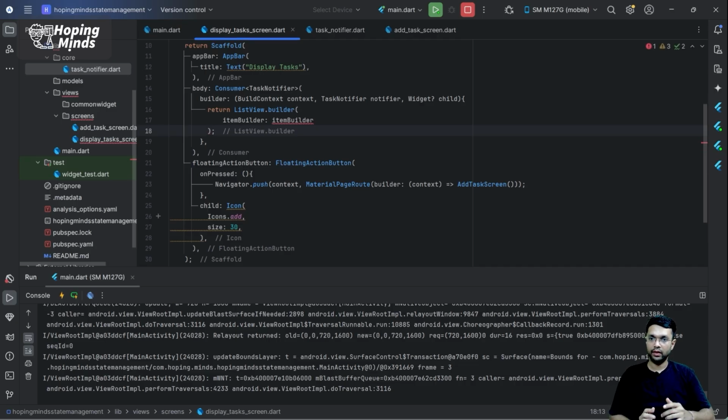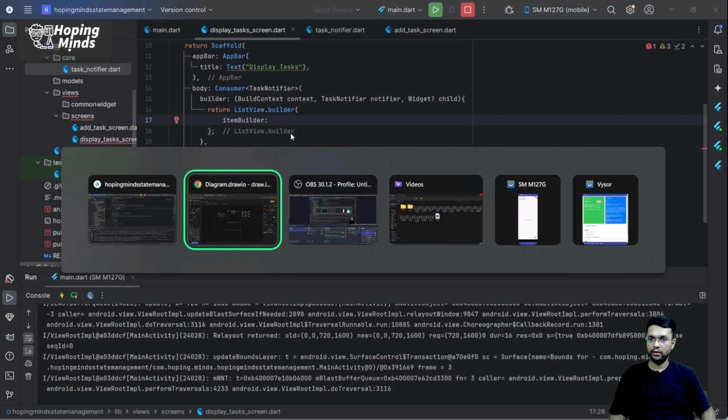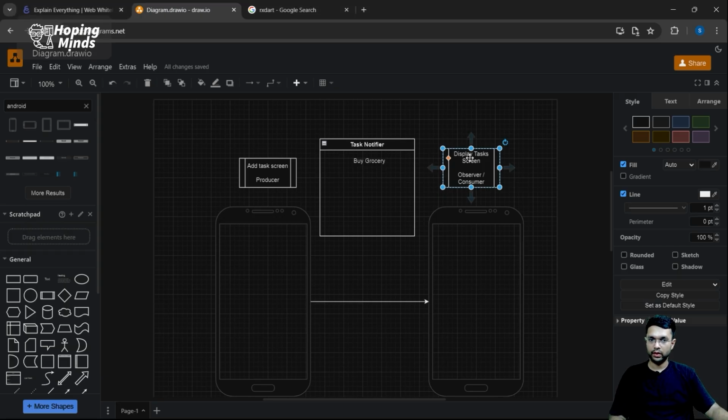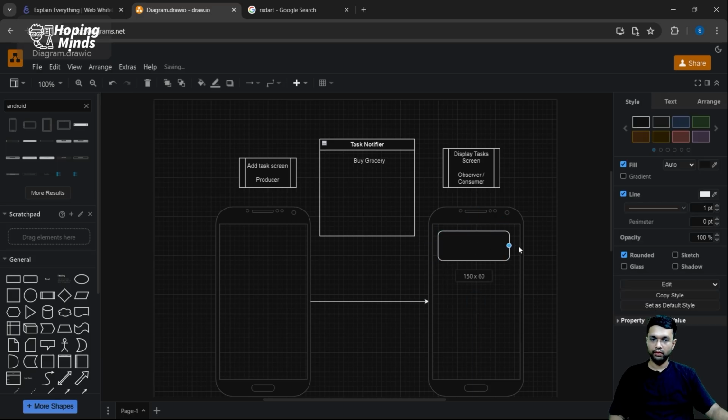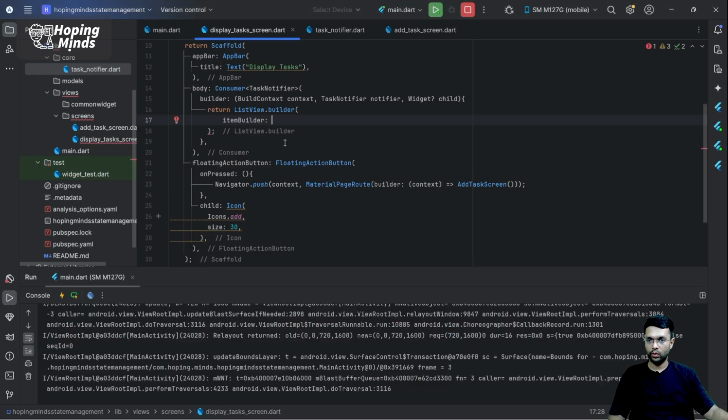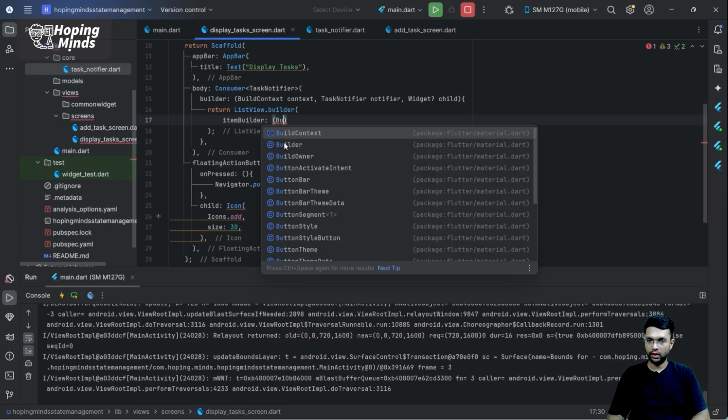Like you have seen while we were implementing the page views, a list view builder is responsible for displaying list. So what we're going to do is over here, one below the another, we will be displaying the list of pending task. Now over here I'll put build context